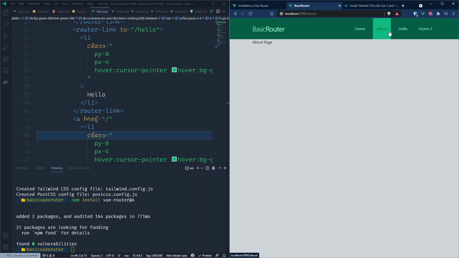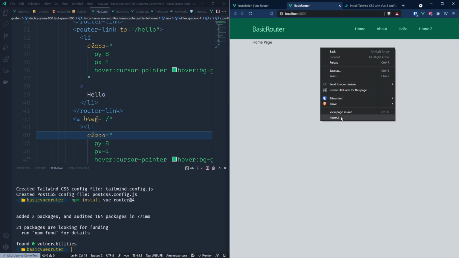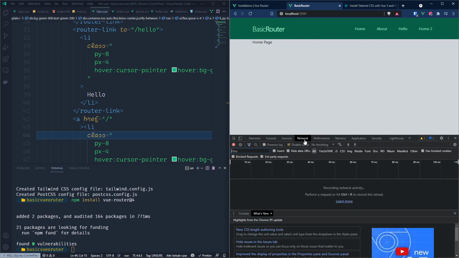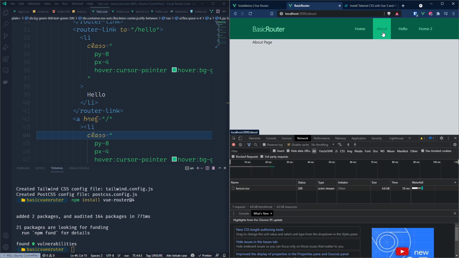But I want you to notice something. If I click home through the router link, the page doesn't refresh itself. It just loads. But if I actually go through the second home, which is a simple anchor tag, look how the page actually reloads. Everything gets loaded again. You saw that little loading over here? I can show you this through the network tab. If I go over here,